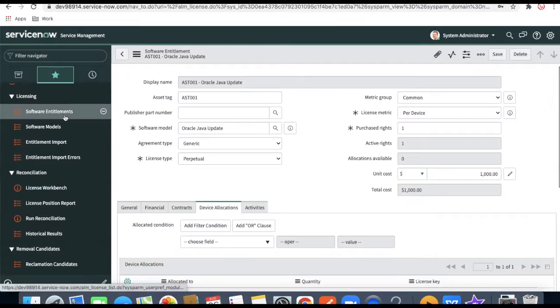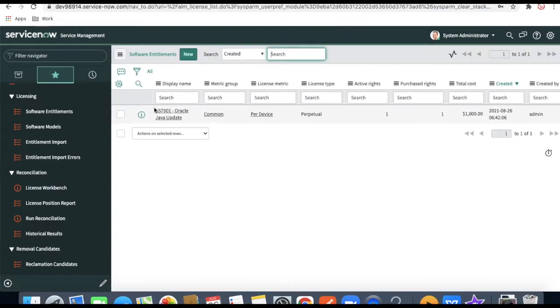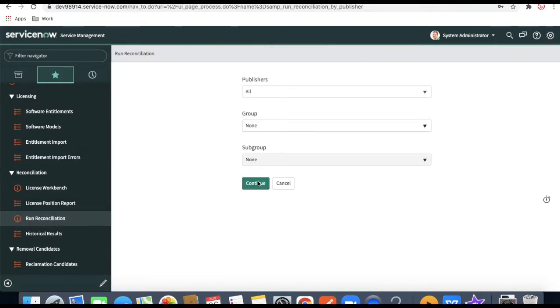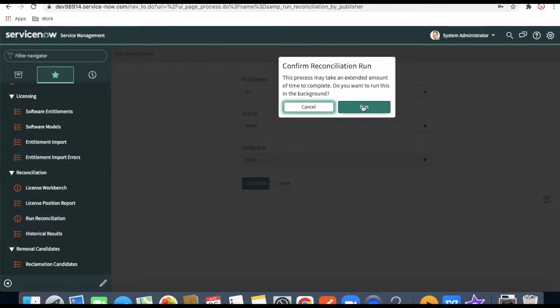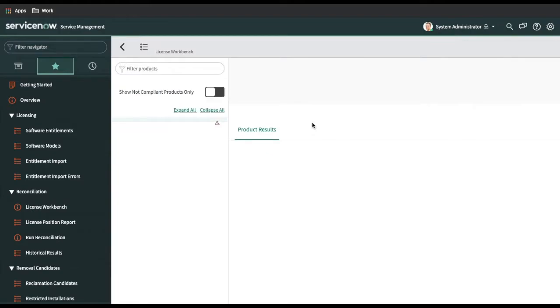It means that in the software entitlement, we purchased one software, and active rights is 1 and purchase right is 1. Now if we go back to the run reconciliation rules and run this reconciliation, in this license workbench, you can see that Oracle is compliant and Microsoft is not compliant. Why?